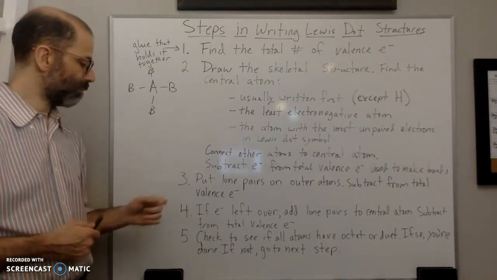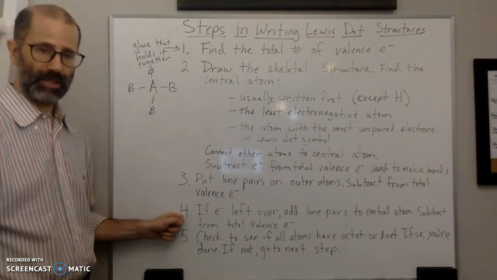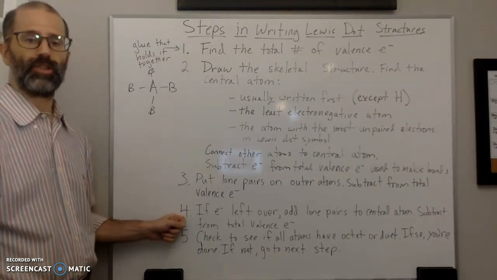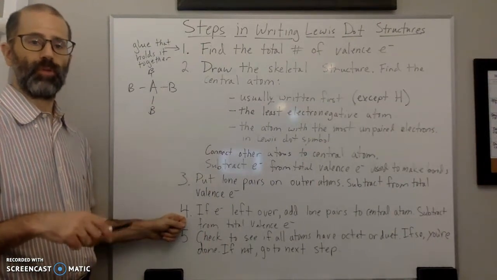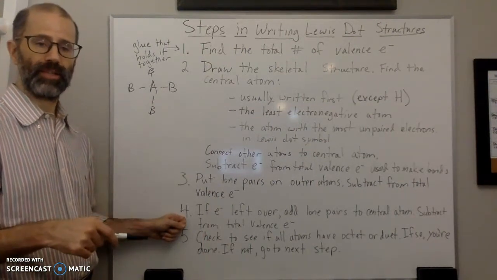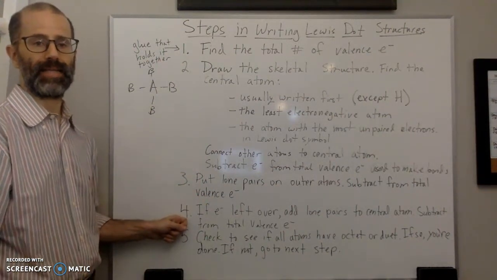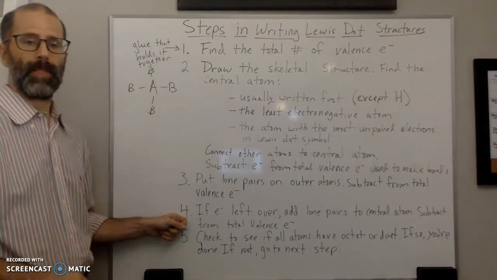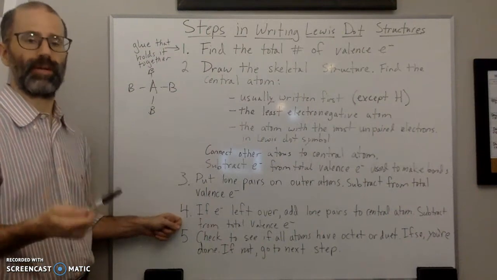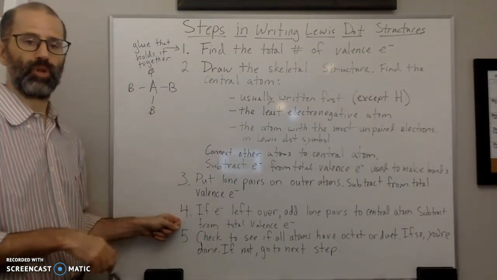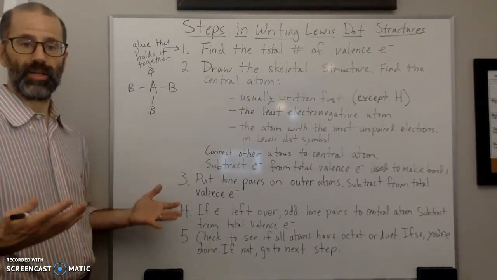Now, at that point, if you have any electrons left over, you're going to put them as lone pairs on the central atom, so that it can get an octet. So you're going to make sure it has an octet. Whatever you have left over is going to go on the central atom. So if you don't have any electrons left over, then you're done, and